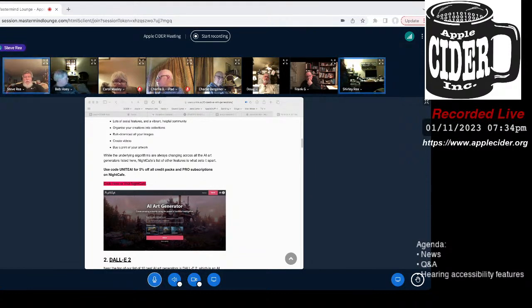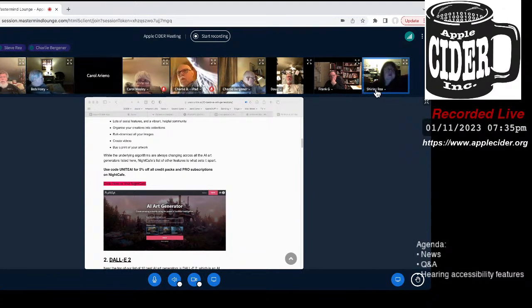You can get images based on certain artists, and those artists have had their data basically scraped to train the AI, and they're not getting any compensation for it.